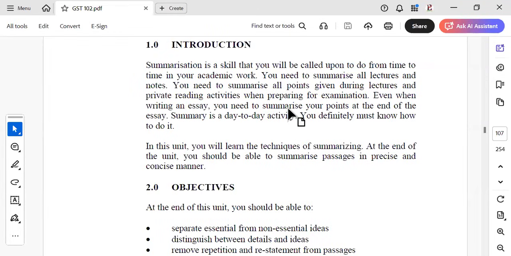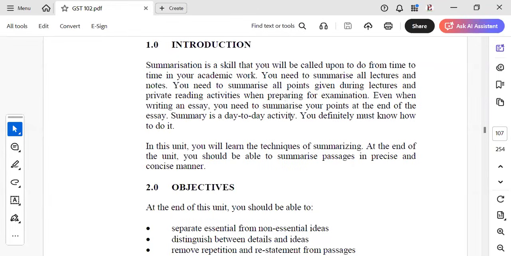It's not like when you are listening to a speech, a lecture, or anything, that you have to write everything. When the person laughs, you write it. When the person jumps up, you write it. When the person shouts, you write it. When the person gives an example, you write it. No, no, no, no. The skill that this particular topic is trying to create in you is the ability to fish out, to filter out the important points in anything you are doing, whether in a lecture, in a seminar, or anywhere you find yourself that you need to engage.